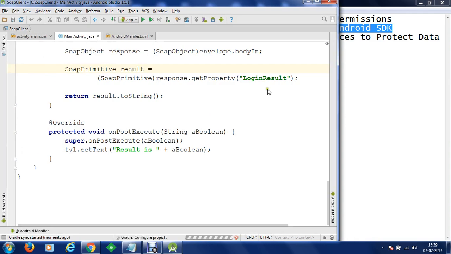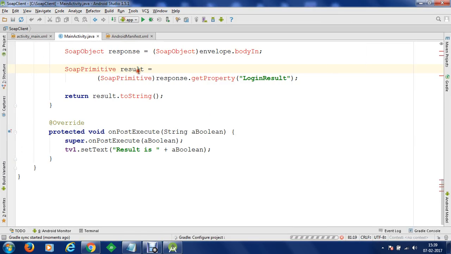To do this, we have our project SOAP client, which we are going to convert into an application APK file, application package kit. We are going to reverse engineer this APK file and understand how hackers can steal source code of Android applications using simple tools like dex2jar. Once we do this, we are going to enable the ProGuard tool in our application and then understand how source code will be obfuscated in order to ensure security of Android applications.